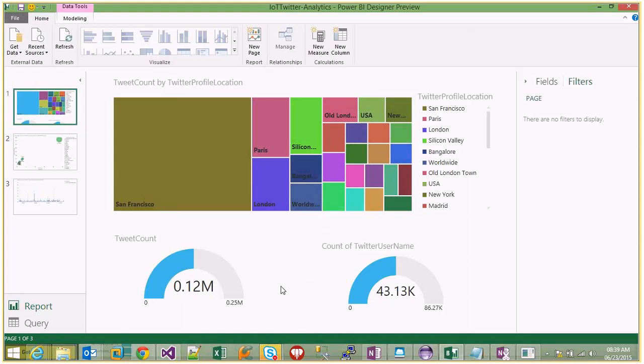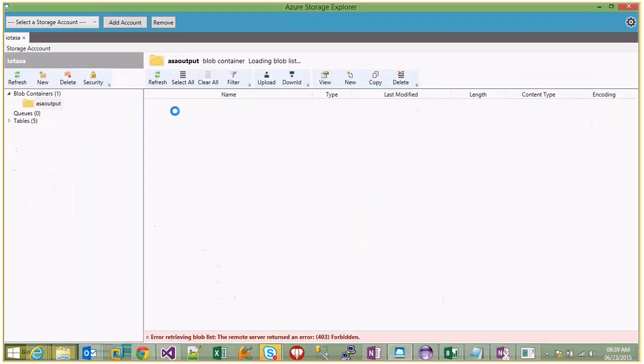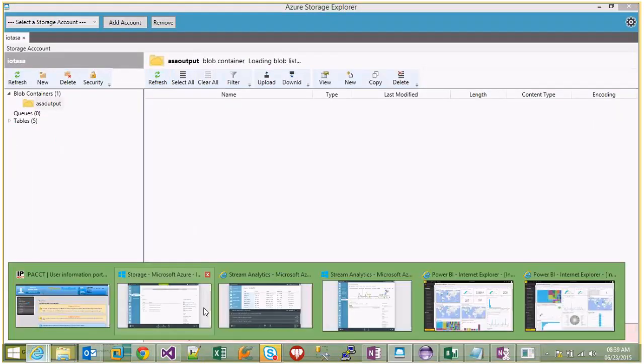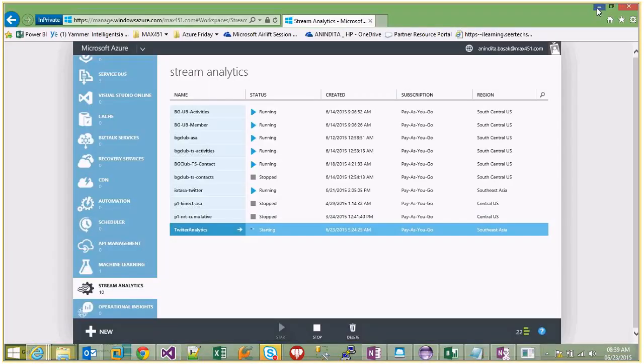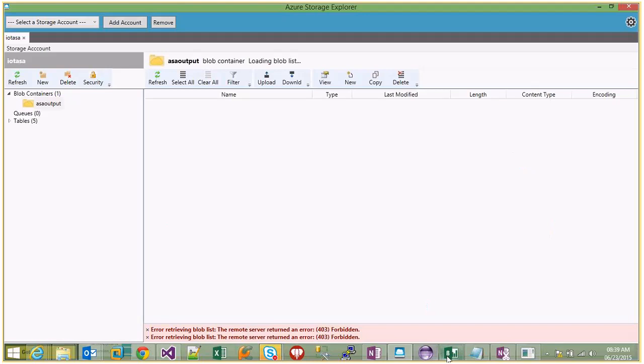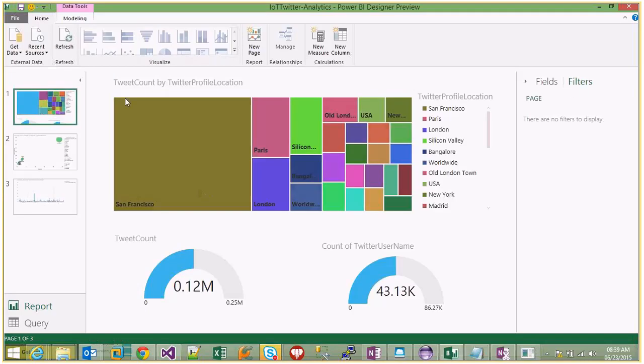It's a free tool right now. It works on the Windows platform, so you can take out the processing power through Power BI, and once you have started, the job will get started. Azure Stream Analytics will be started, and you can do the real-time graph. So here I'm able to see the top tweet counts based on the top Twitter profile